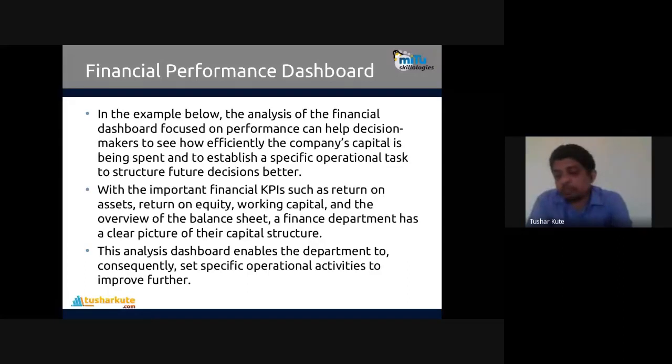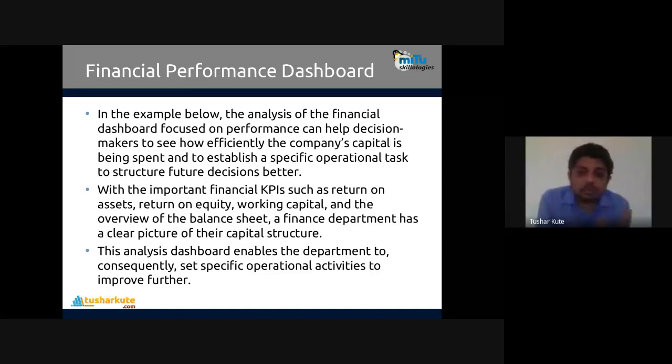Where we have spent what amount of money and what you have gained from that, how much profit you have gained, how much money you have spent, and what capital is there. Meaning for different departments, different products, you have invested that amount of capital. So that we can see in a visualized format in the financial performance dashboard.